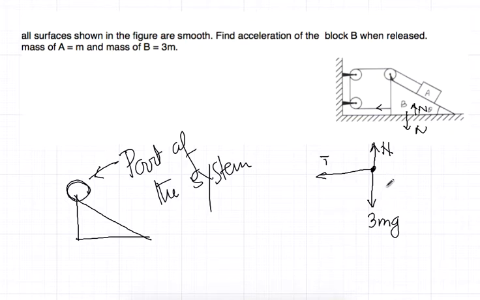Can you find any other forces? Of course, yes. There is a tension attached to this pulley. Many times students miss this, thinking this pulley is not a part of the system. This is T and this is T, so in turn this becomes 2T. And another force which is obviously there is this T in this direction, attached to this pulley.